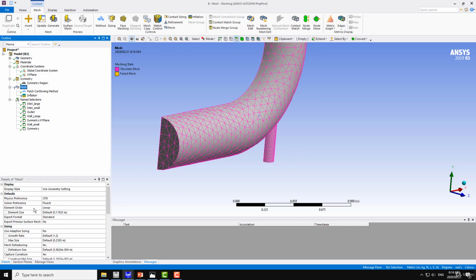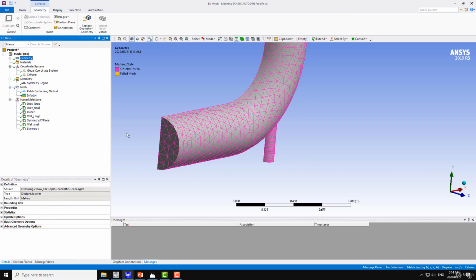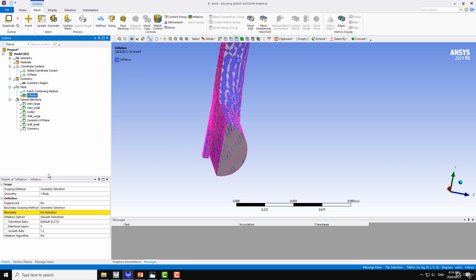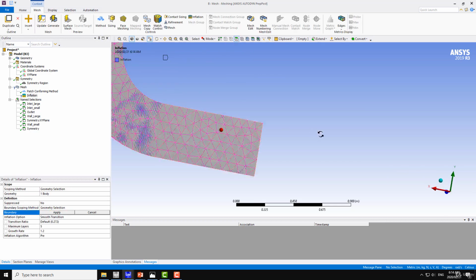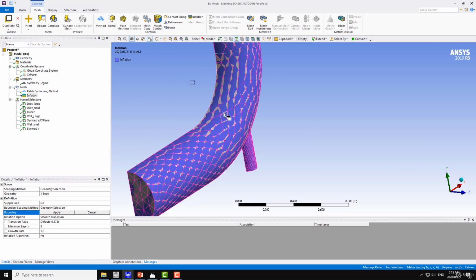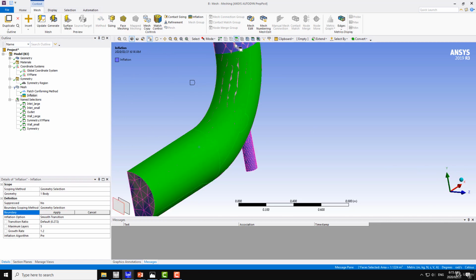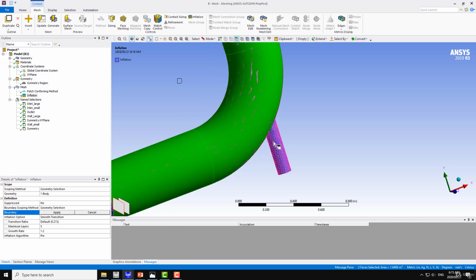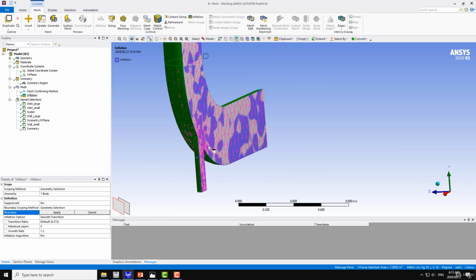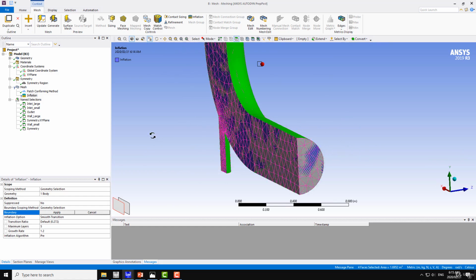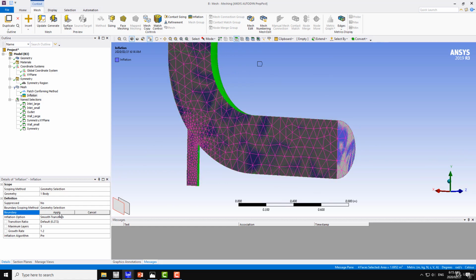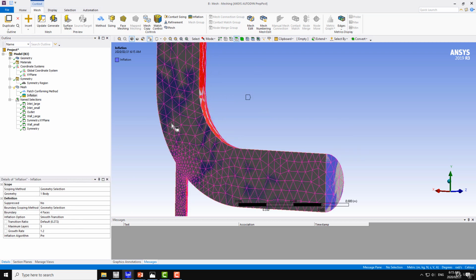And now I have to choose the geometry of the surfaces where I want to create the inflation layer. So this is the first surface, second, third. This is for the large pipe, and this is for the small pipe. The inflation layers will be created normal to these walls. Apply, and just keep the default option here first, and after creating the inflation layer we will adjust these parameters